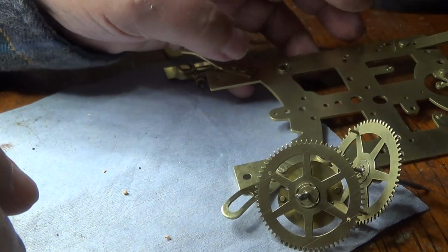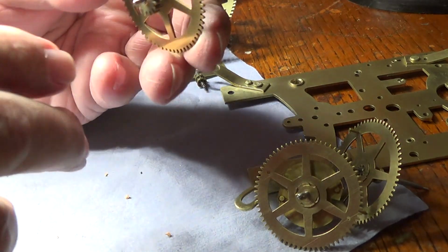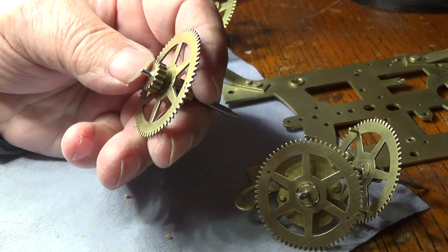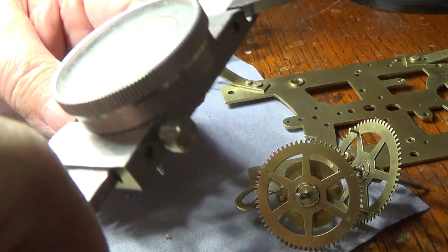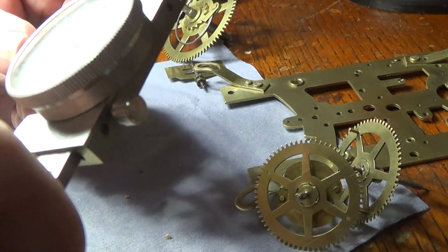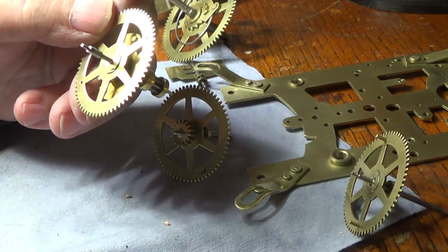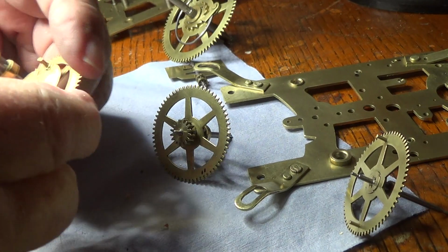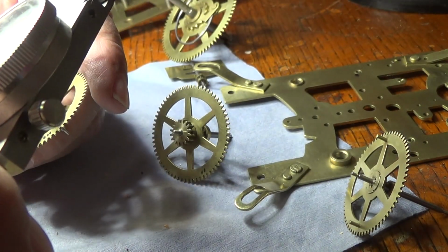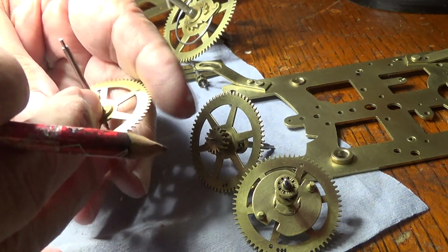So the first thing we want to do is, this is the front plate. We want to look at these wheels. Here's the second wheel, and this is the front side. So what I want to do is get an indication of what size the pivot is. So I use a caliper, and it's about 1.6 millimeters. This is the third wheel, and this is the front side here, and this one is 1.2 millimeters,